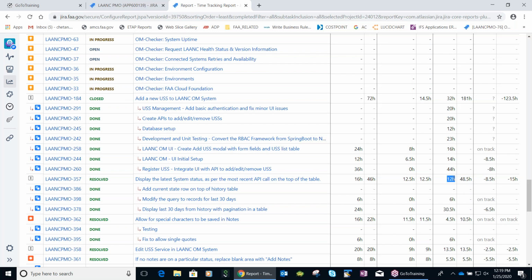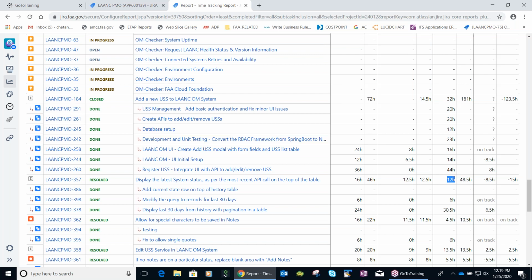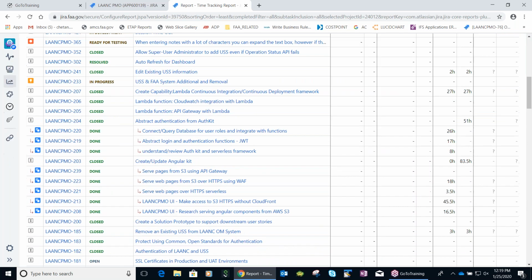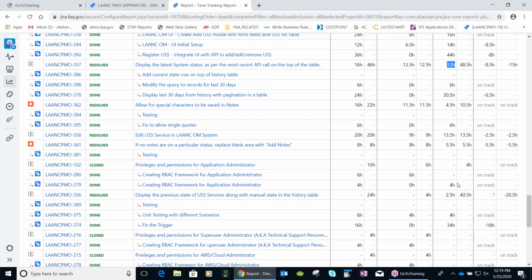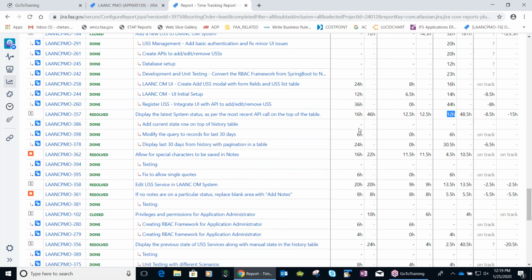Okay, that's correct. So that much time has been spent. We estimated 46 hours, and the time spent is 48.5 on that cumulative. So 2 hours extra.